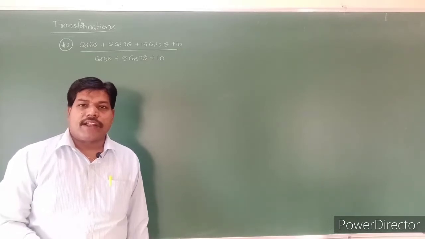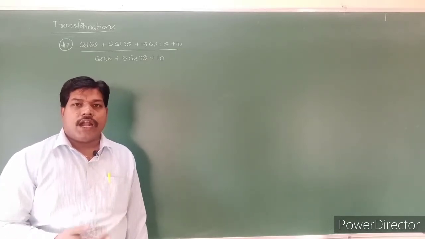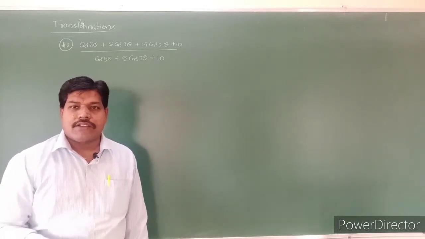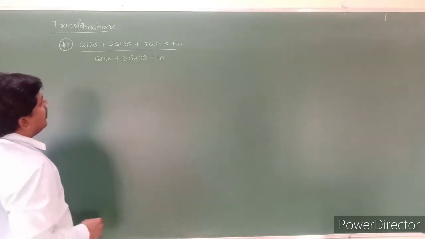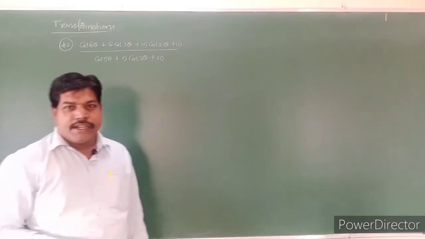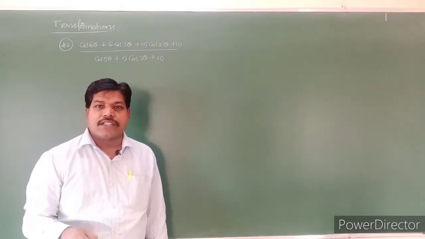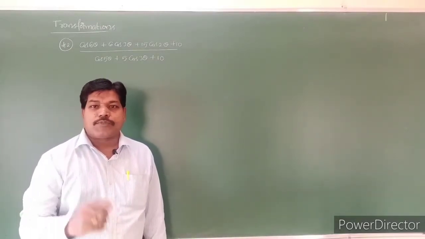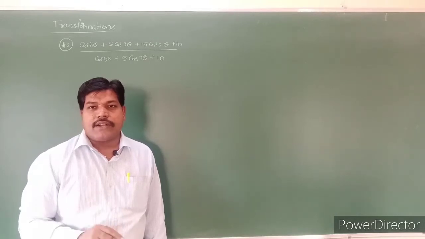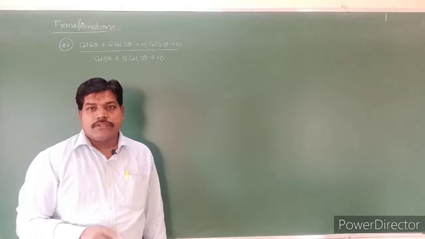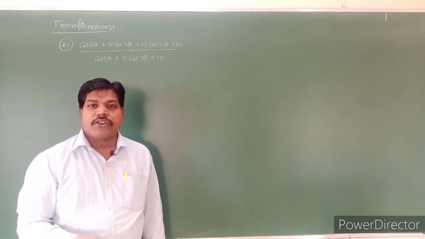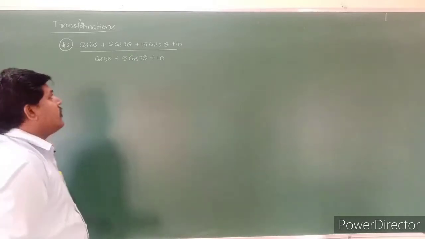So I will take the theta value in the given question and I will substitute the theta value in the answers also. It is easy to verify the answer. Okay. So see this one here. I am not taking theta equal to 90. Why? Because if theta is 90, then cos theta will become 0, so in the options you will get 2 answers. That's why I don't take theta equal to 90. So what I will take is theta equal to 0. So theta is 0 degrees, meaning cos 0 is 1. Okay.